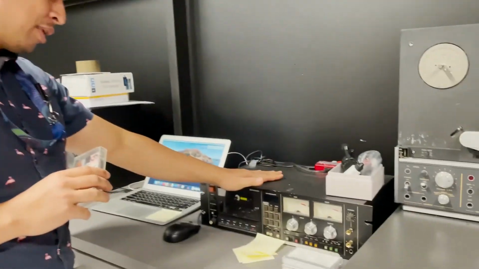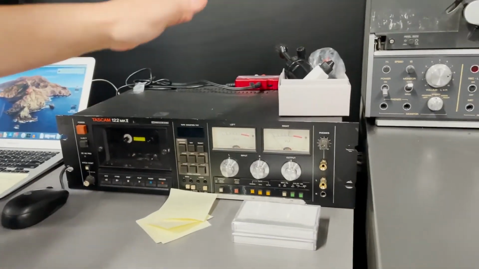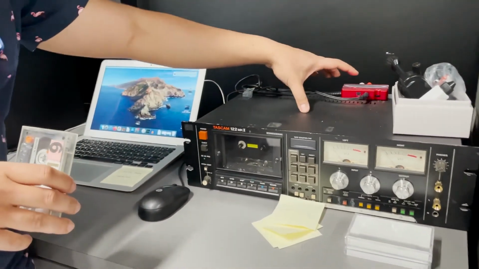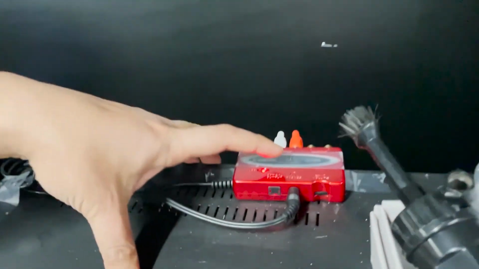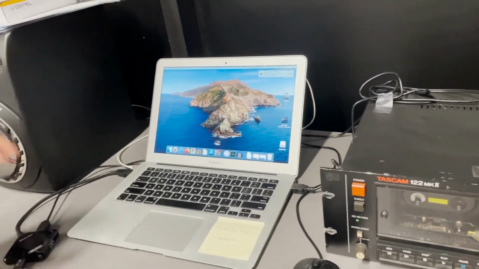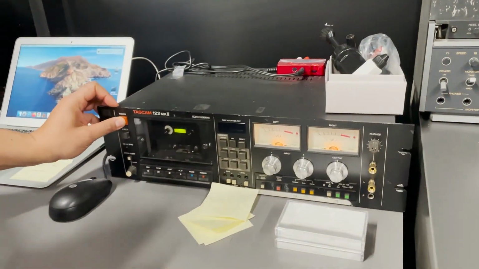This is the tape deck that we have. We're going to use similar equipment as we do in reel-to-reel: the tape, the cassette, and also the converter. We are using Audacity to preserve the digital file, and this is just for monitors. So I will fire on the tape deck